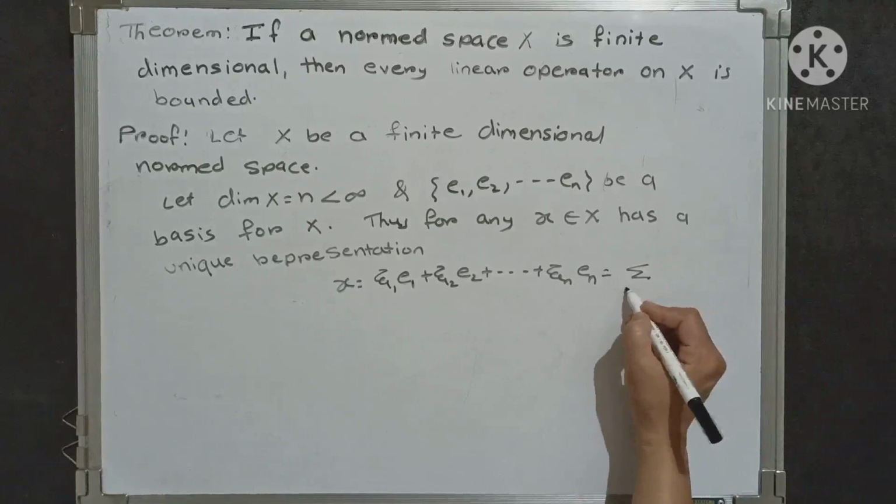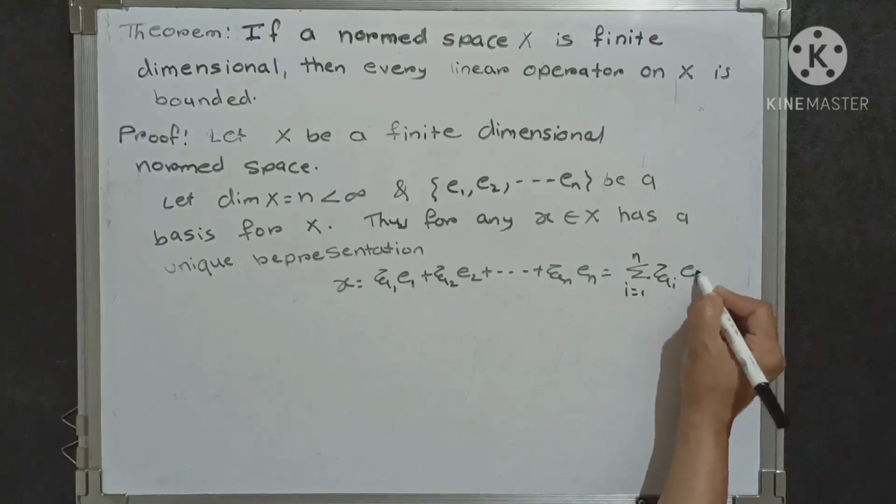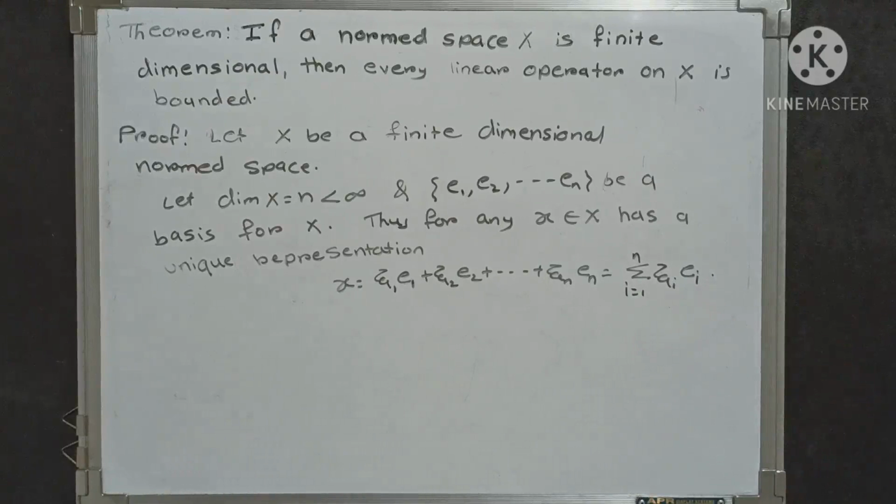It is written as summation i running from 1 to n of xi i e i. Now here we consider